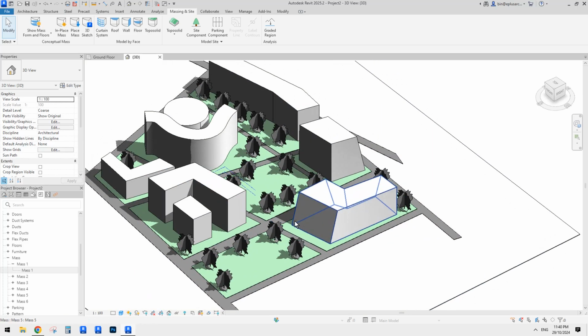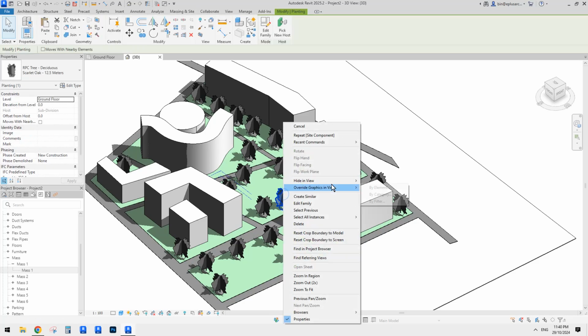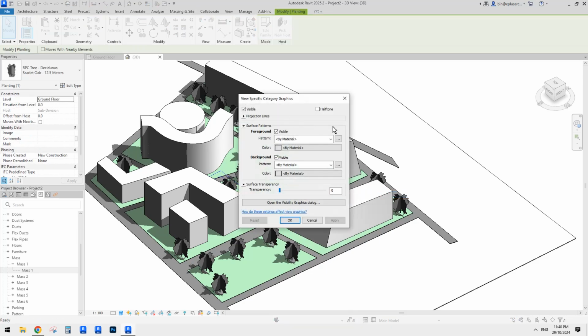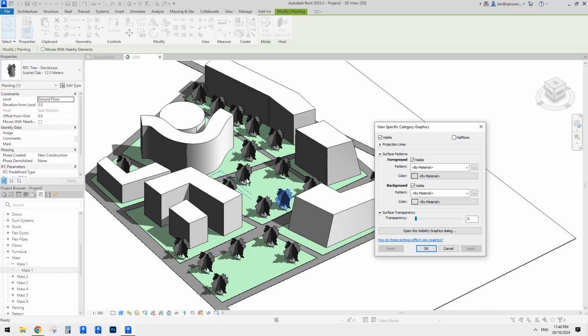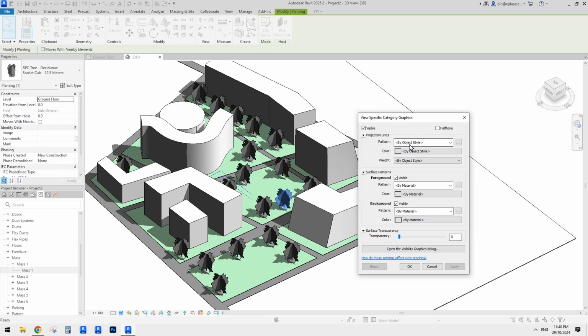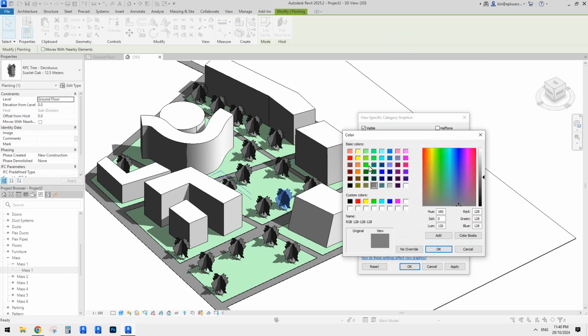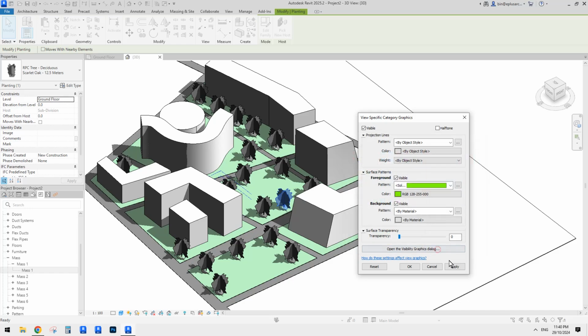So I prefer, you can always override them. Currently they are just gray color, and it's quite not looking good. So what we can do is change the color by just graphic overriding them, right? So you can just make them